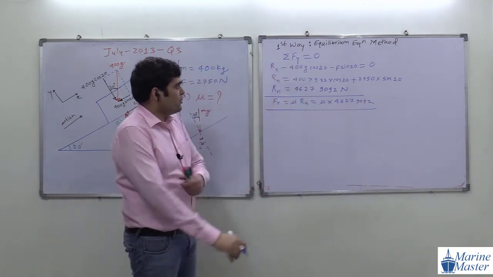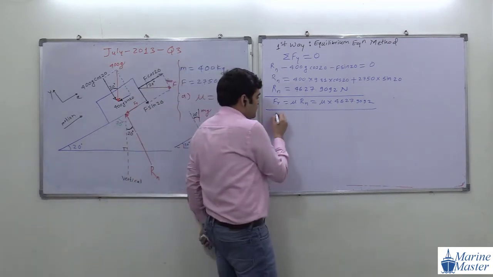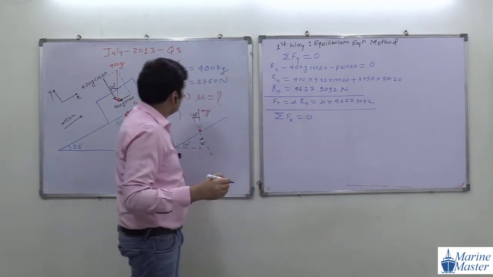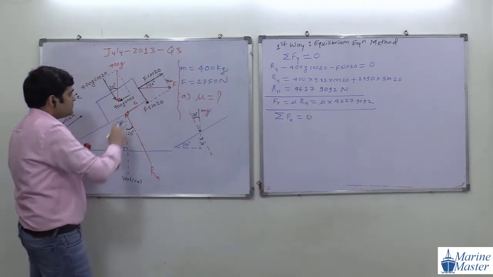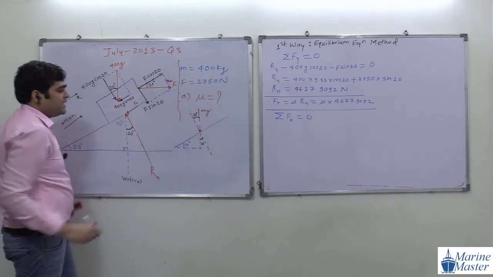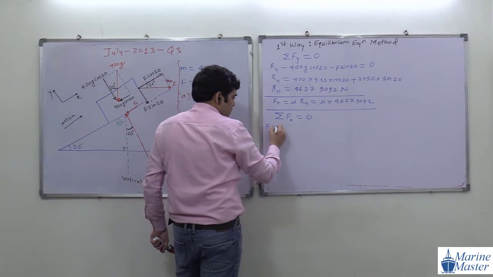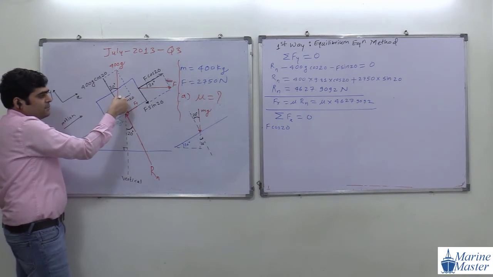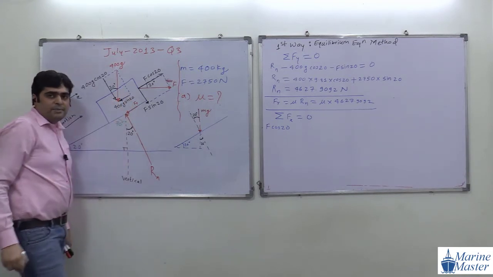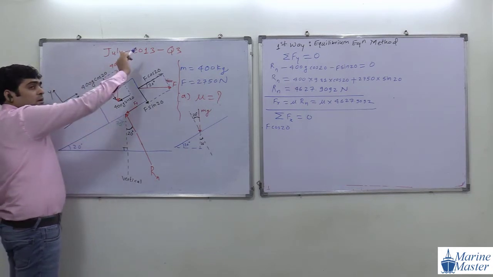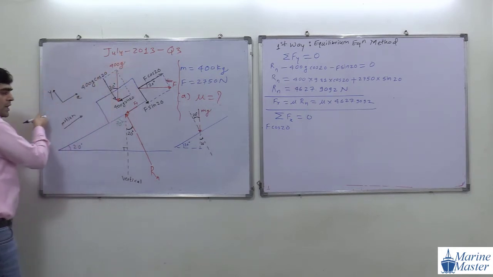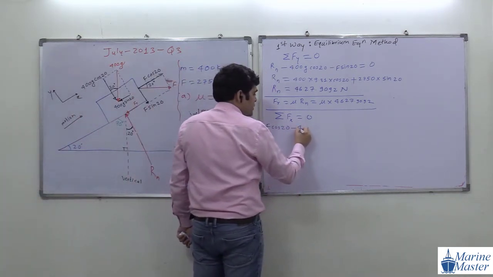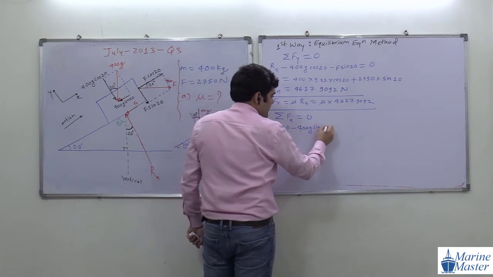After Fr, we are going to take summation of forces in which direction? Summation of forces in X direction equal to 0. What are the forces here in X direction? F cos 20, positive X direction. See the point here. What about 400g? Its component, 400g sin 20. Is it plus or minus, guys? See, upward is positive, downward along the plane is negative. So that will be minus 400g sin 20.